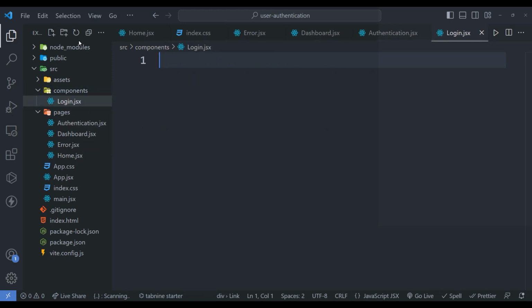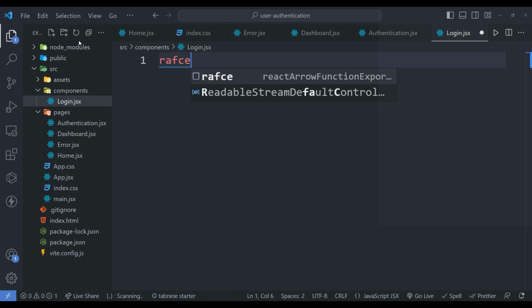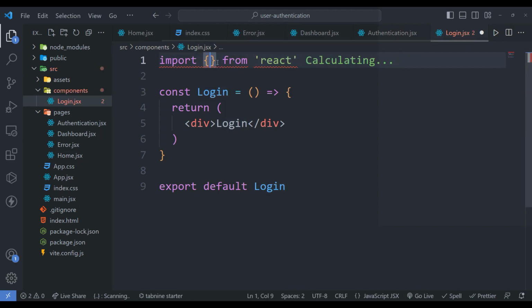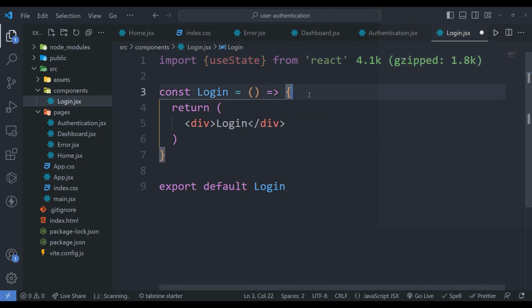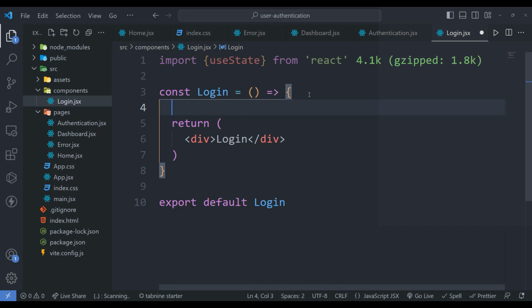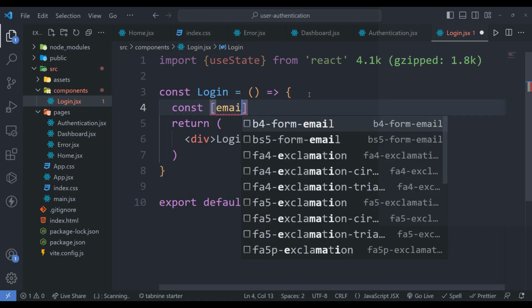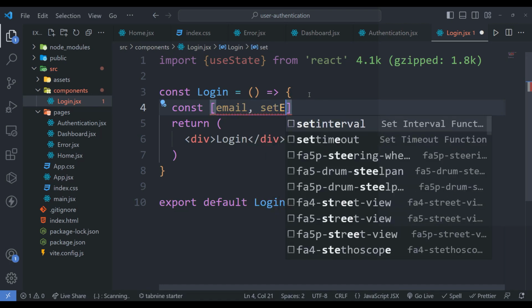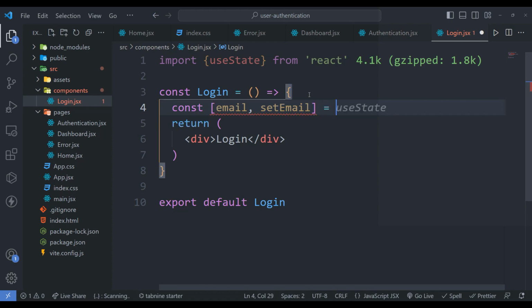Obviously, you can give this a better name, but I'm just going to call it login. Since I have that extension, I'll call it again, RAFCE, but this time we don't need React. We shall need useState because we're going to pick some data from the input of the user. So constant here, and this is going to be email. Obviously, we want someone to put in their email,